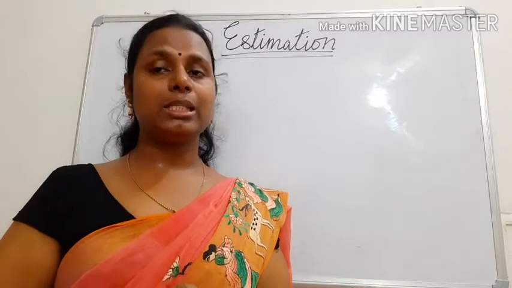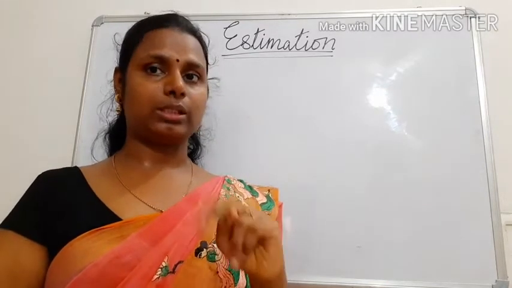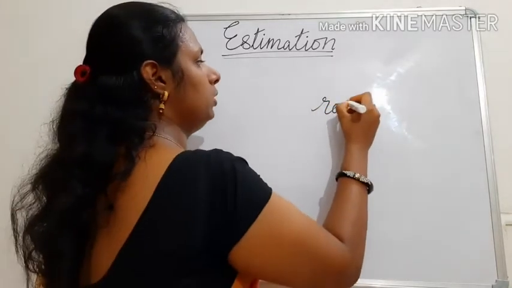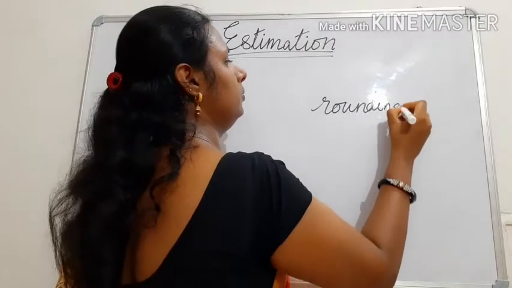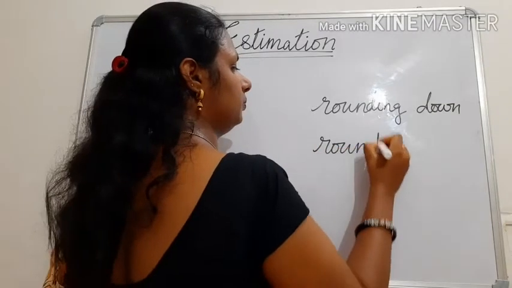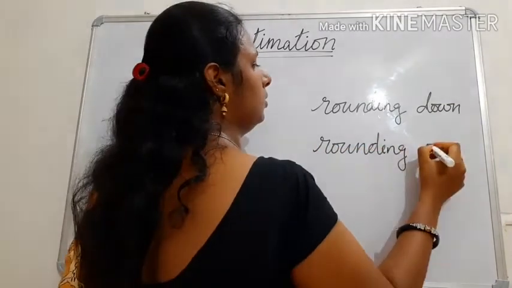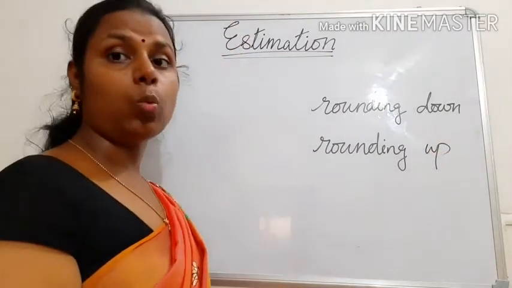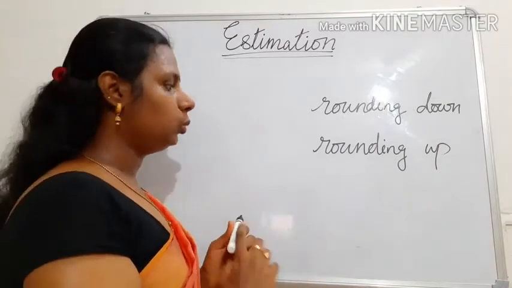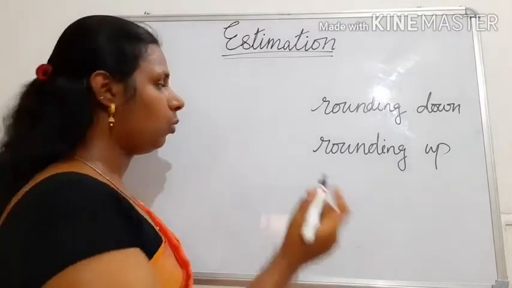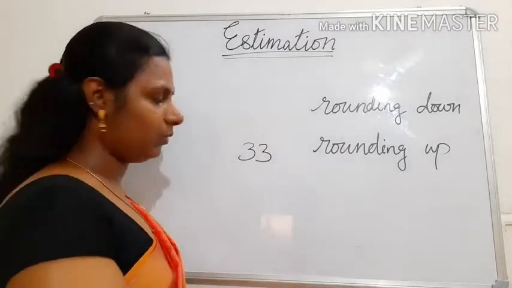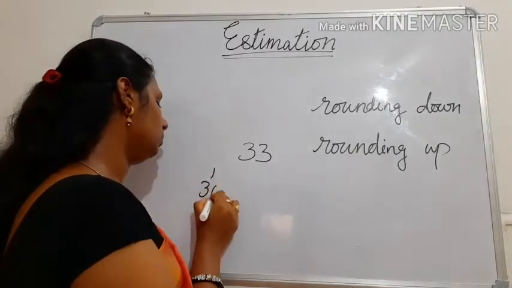When you estimate the numbers, you do two things: rounding down and rounding up. Now what is rounding down, what is rounding up, you must know. When you take any number, for example, now I am taking 33. Now from 30 to 40,